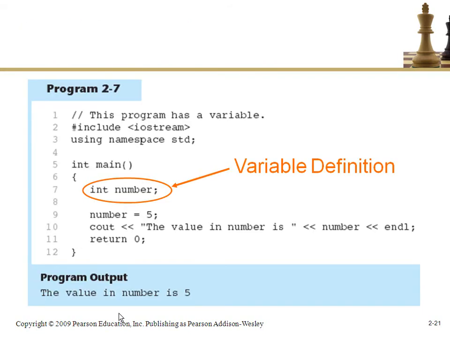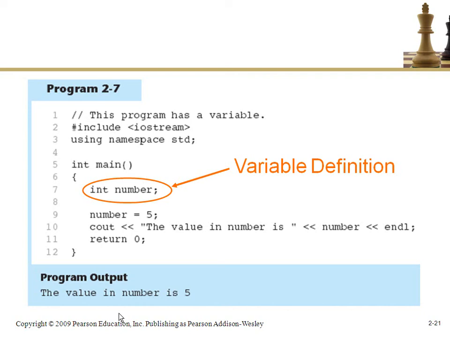Here is an example, program 2-7 in your book. In this example, you declare a variable called number. Once you define it in your variable definition, then you can use it in statement 5 to assign a value to this variable. And then in the next line, line 10, you're outputting a text that says the value in number is,